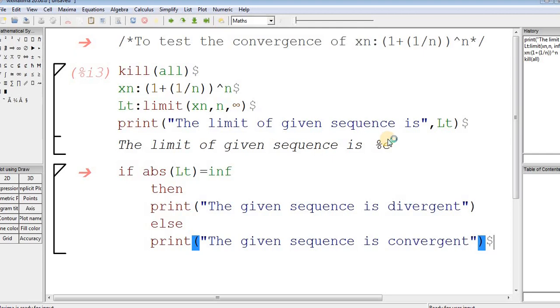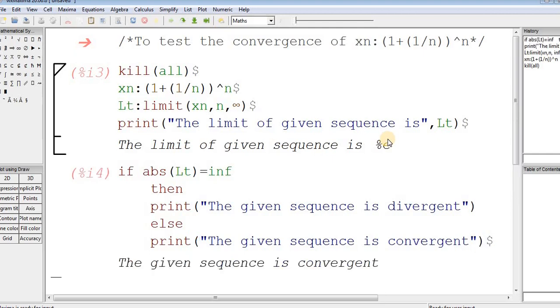When it is unique and finite, the given sequence is convergent. Let us check with shift enter. Yes, the given sequence is convergent.